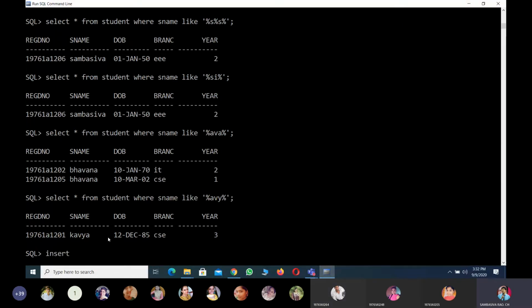Here I am inserting one more record into student values. Here I am specifying the student register number as 1976-1A1207. This is roll number 7 student. I don't have the student name, null.